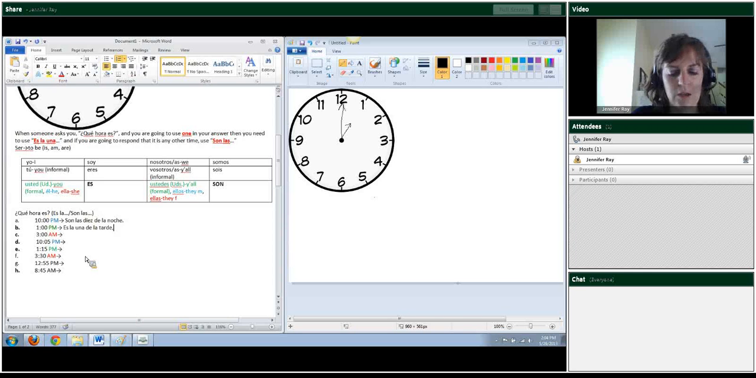I'm using una here because what we're talking about in that block is the hour, and the hour is feminine because it's hora. If it's the minutes, you would say uno, but if it's the hour, you're going to say una. So es la una, and this time I'm going to say de la tarde. So if it's in the evening, you say de la noche. And if it's in the afternoon, you're going to say de la tarde